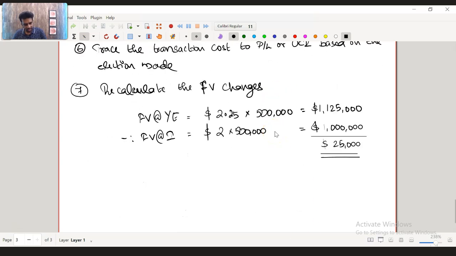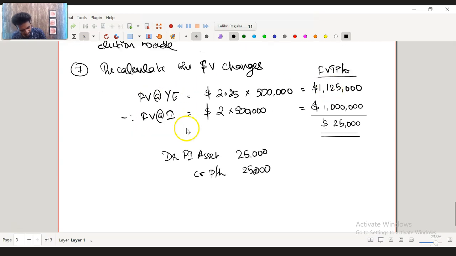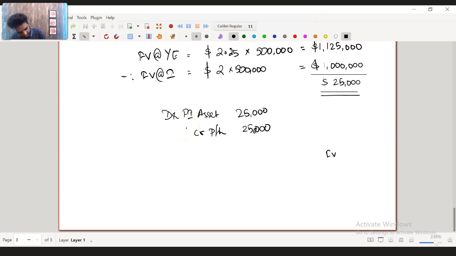So if it is fair value to P&L, then this will be the treatment, and this will go to P&L. So the entry will be debit financial instrument asset, which is investment, with respect to 25,000, and credit P&L with respect to 25,000. If the fair value changes were made to OCI, so if the fair value to OCI was made,